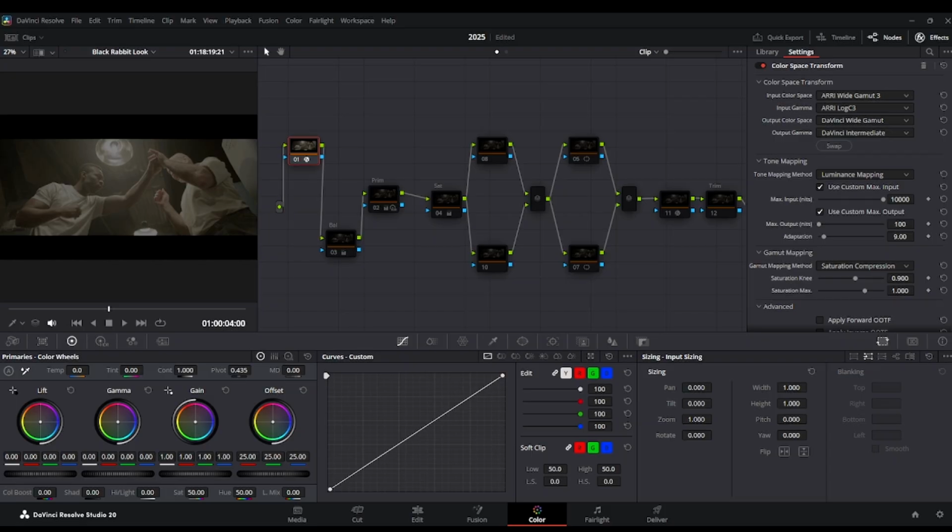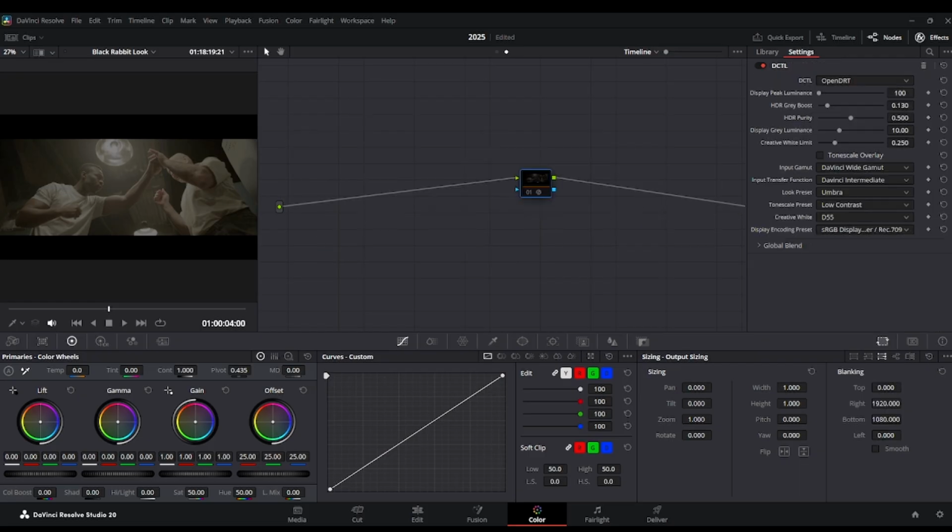All right. So I started with a CST, going from the camera space, which was ARRI, then going into DaVinci Wide Gamut. From there, I used OpenDRT, going from DaVinci Wide Gamut and using some of the look presets. The look preset I use is Umbra, tone scale I use low contrast, because